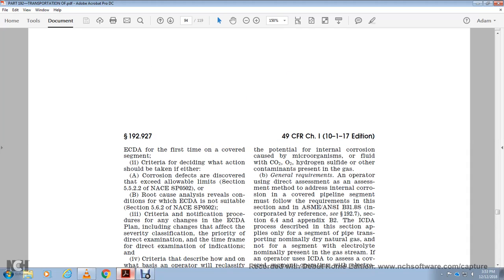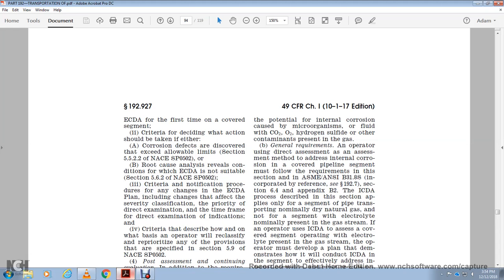dioxide, oxygen and hydrogen sulfide, and other contaminants present in the gas. General requirements: operators using direct assessment to assess internal corrosion for covered pipelines must follow the requirements in ASME/ANSI B31.8S, incorporated by reference, sections 1 and 2, with section 6.4 and Appendix B2. The ICDA process described in this section applies only to segments transporting nominally dry natural gas, not to segments where electrolyte is nominally present in the gas stream. For operating with ICDA itself on a covered segment with electrolyte present in the gas stream, the operator must develop a plan to demonstrate how it will conduct the ICDA on the segment